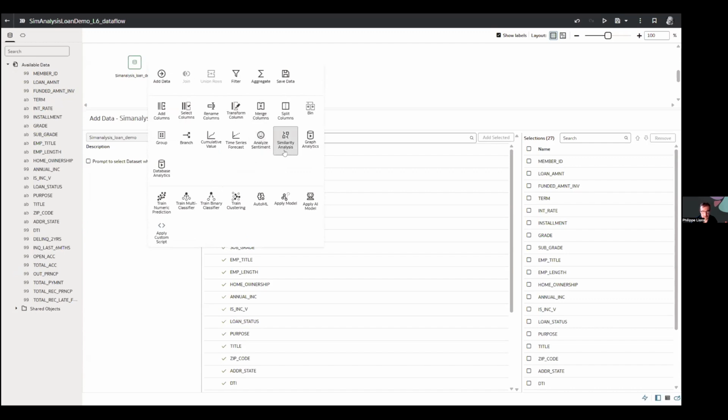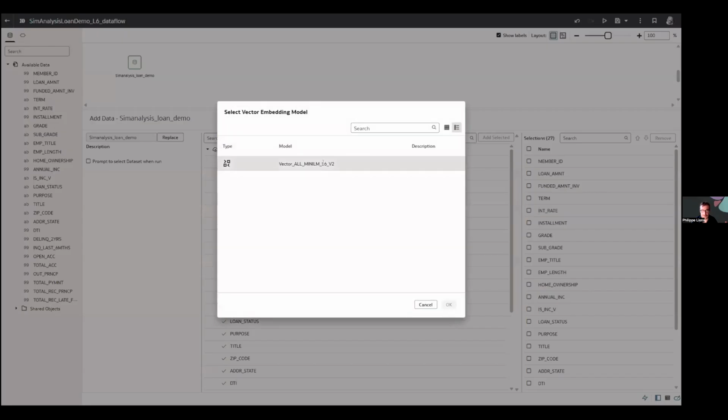So we now have the ability to leverage vector distance capability behind the scenes. Not that I need to know this as a user, but this is what's going on behind the scenes to measure similarity. And the experience is through a data flow where all I have to do is select the embedding model that exists in the database.